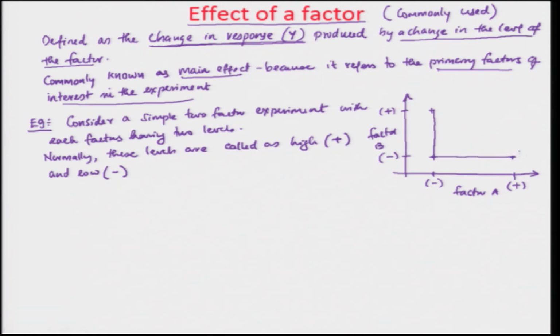You can think about it this way, and this point here is the high of factor A and high of factor B. Then we can think about it as a scenario where this image shows how the value of y will change with the value of x. I am just using some numerical numbers here. Let us say the value of y here is 20, and here is 30, then the value here is 40, and the value here is 52. Let us say we do this, for example.